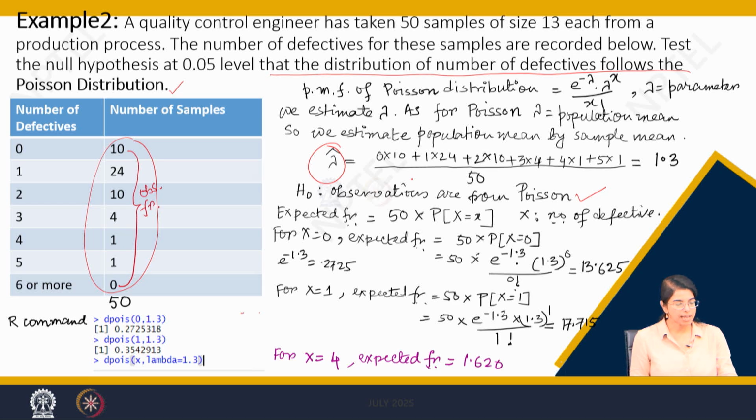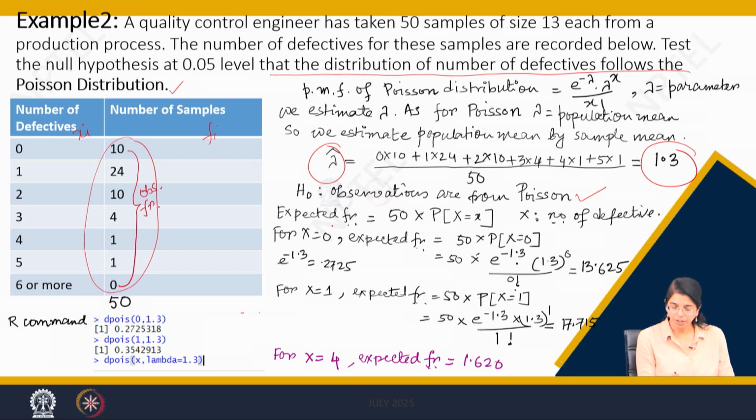0 times 10. 0 is your x size, and F-wise it is a frequency table. So 0 into 10 plus 1 into 24 dot dot dot plus 5 into 1. So you have to make all of the multiplication, that's why I am saying the dot dot dot. So lambda will be turning out to be 1.3, and